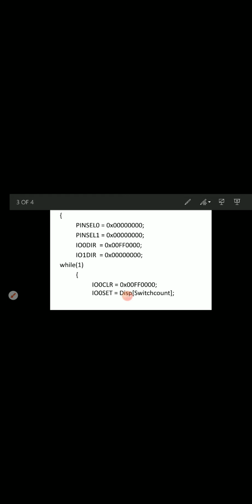So that means it is counting from the first value 0, and after that it will count 1, 2, 3, like that, last value F. So total 0 to F it is going to count. After that once again it will start from 0 and count like this. So we are entering into an infinite loop where it is counting from 0 to F continuously. Okay.